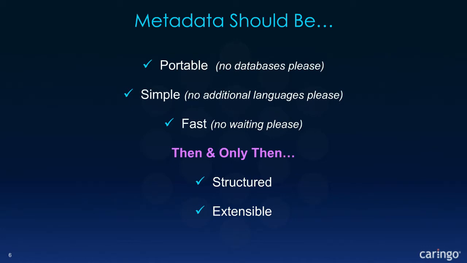And it should be fast. We shouldn't be blocking. We shouldn't be waiting on an answer. The performance of the entire system shouldn't change because somebody ran stats on a table that didn't have anything in it. You know, it should be inherent in a simple and scalable purpose-built system. So once you have that, then and only then, it could be structured as well, and it could be extensible as well. So in our case, and for the example that was actually brought up by a good question,